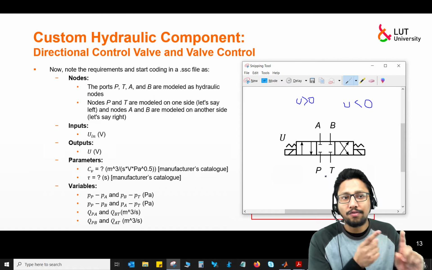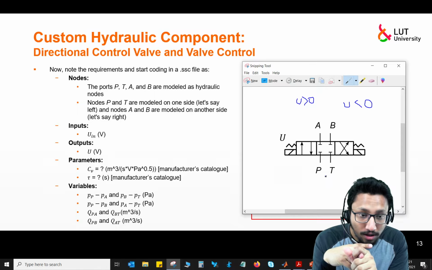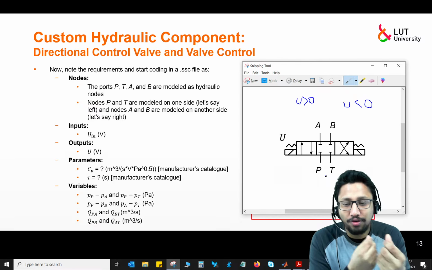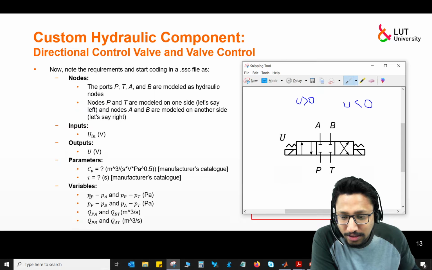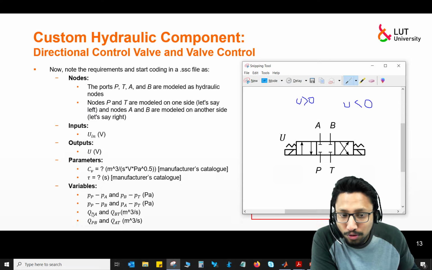So why will there be flow? Because there will be a pressure difference associated with it. So let's define variables that represent the pressure difference. Let's define a variable PA, which defines the pressure difference between port P and port A, and the other variable PBT, which defines the pressure difference between port B and port T. For these two pressure differences, there will be associated flow through those ports.